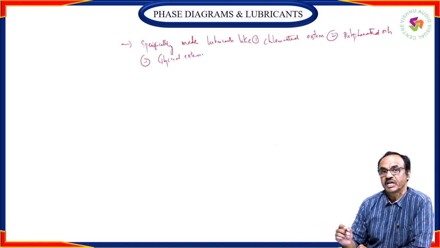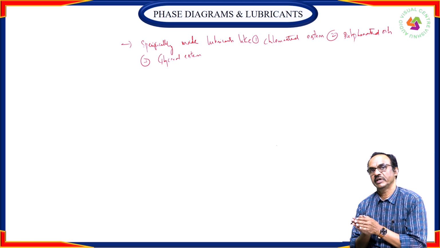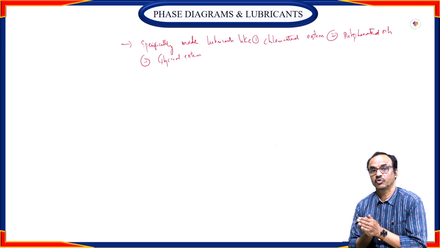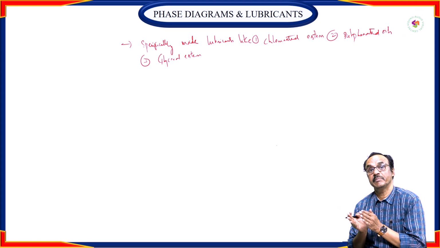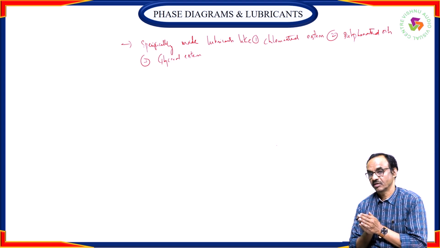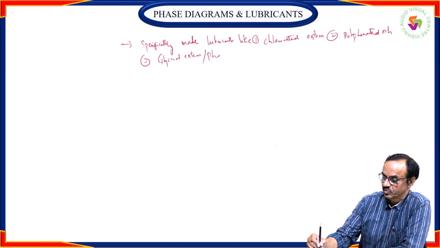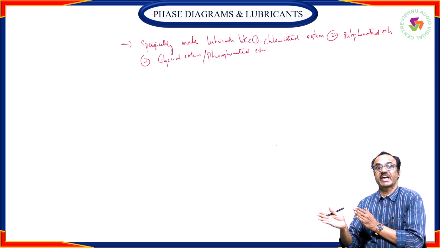When you apply these lubricants in machinery with metallic surfaces moving, rotating under the conditions of high pressure and temperature, where working temperature is very high, obviously pressure will also be very high. Under those conditions, specifically made lubricants like chlorinated esters, sulfonated oils, glycerol esters or phosphonated esters,